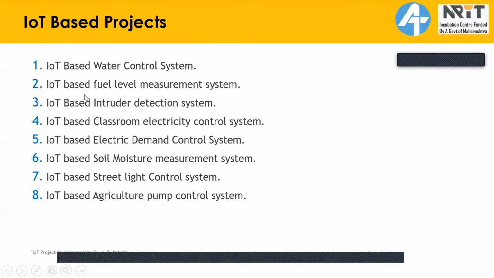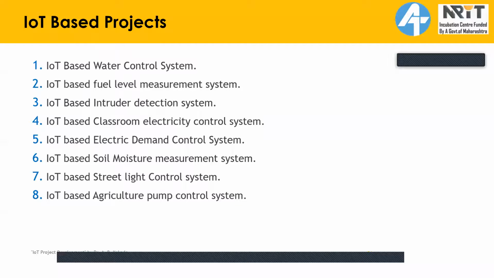This fuel level measurement part using FDC1004 I have already explained. So what you need to do is, the data which I acquired by interfacing FDC1004 with the I2C protocol, the same data you first of all convert into fuel level in percentage, like 1%, 2%, 3%, up to 100%. The method of calibration I already discussed in one of the previous sessions. So I request you to watch the previous recorded session where I explain how to calibrate the capacitive sensor used for fuel level measurement. I have explained the calibration method in detail.